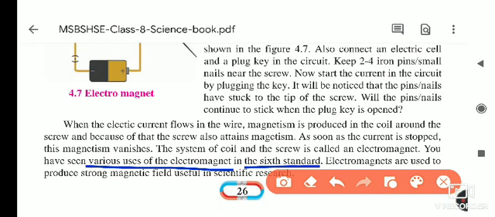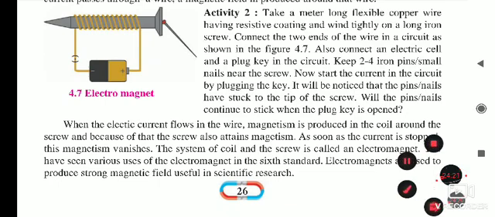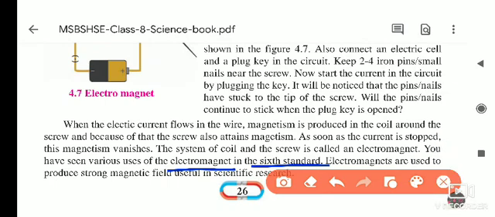At that time they pull the things from here, and when we remove the electric current flowing in this circuit, it gets disconnected, and we can transfer it from one place to another place by electromagnetism. In which standard did they tell you this? 6th standard. In a crane they use these types of electromagnets to carry heavy loads.